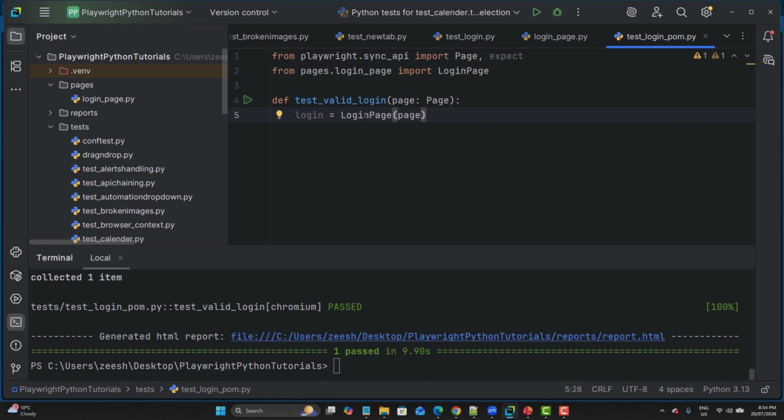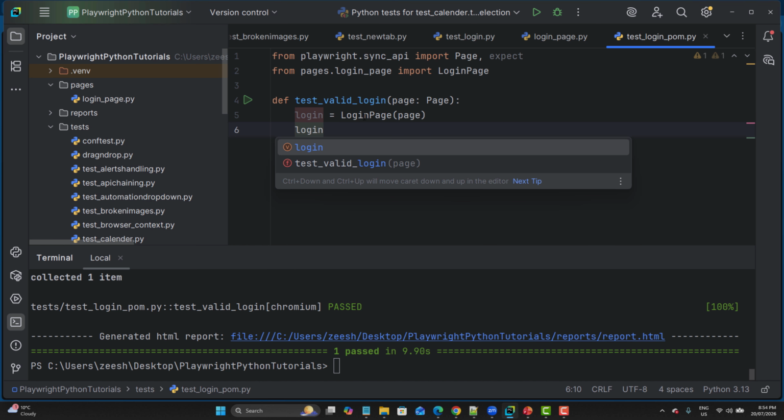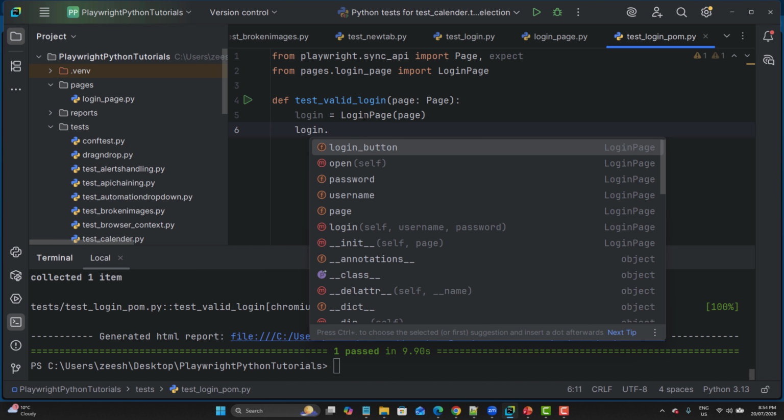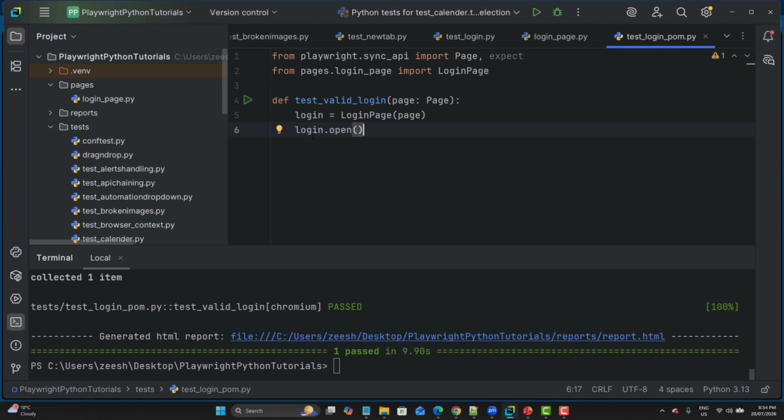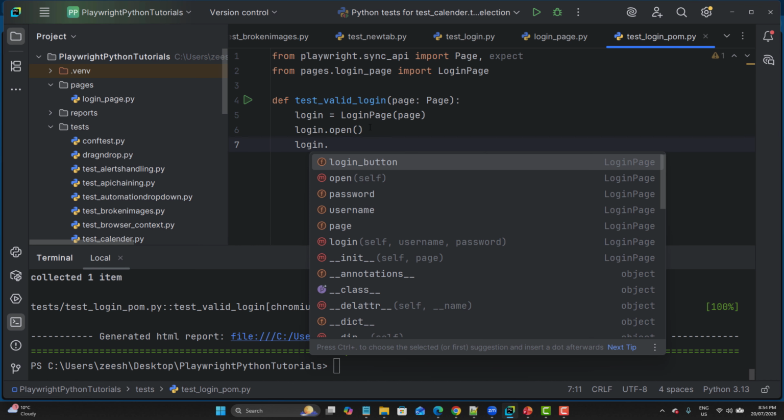So we just create an object from the class, and using this one we simply can call those functions. So here you can see that we have this open. As soon as I click this one, this line will actually execute and open the browser and navigate to this particular URL. And in a similar way, login dot, we have a function for the login, this one, right,